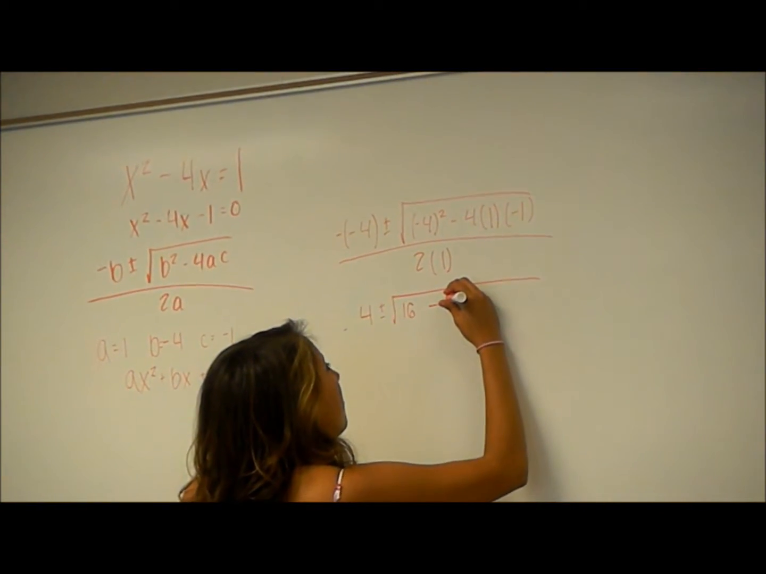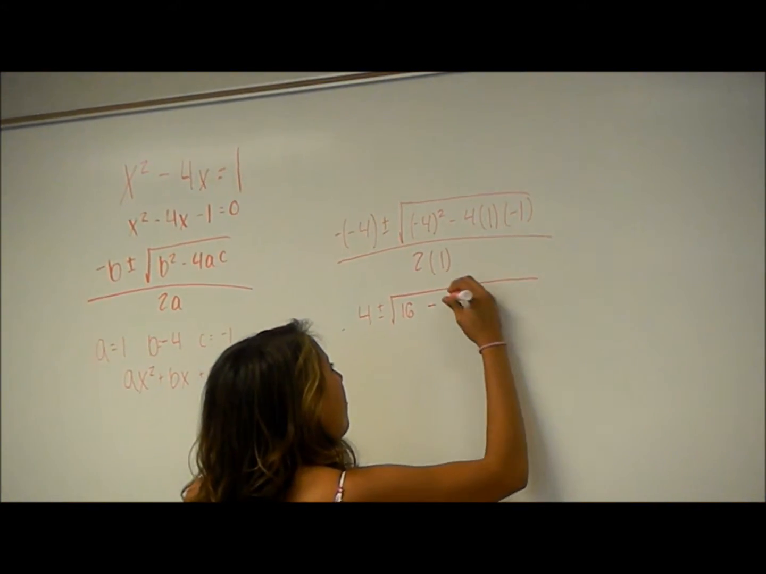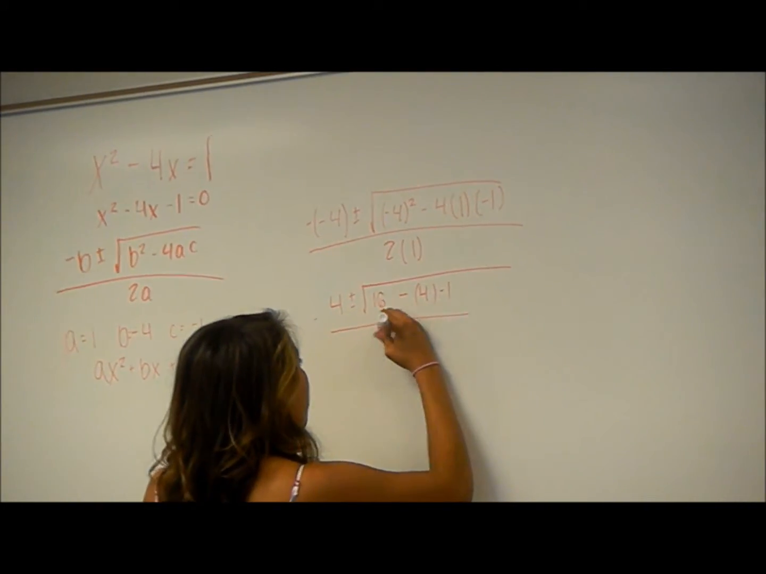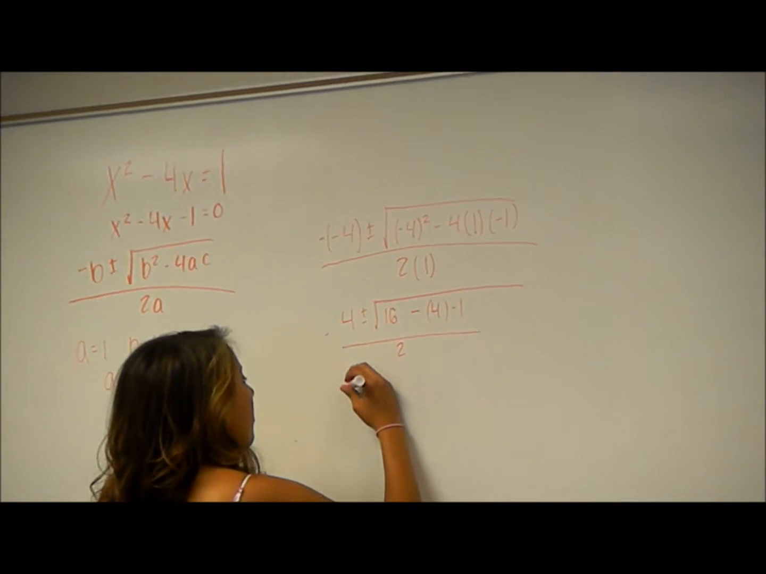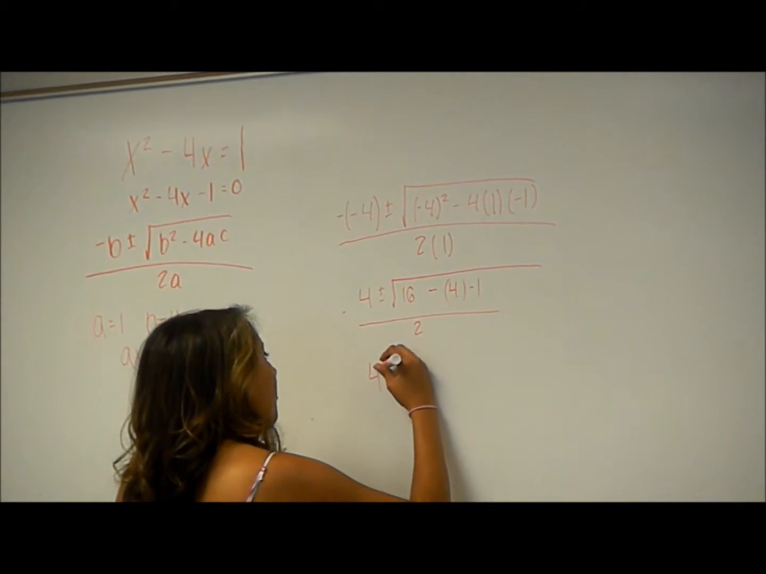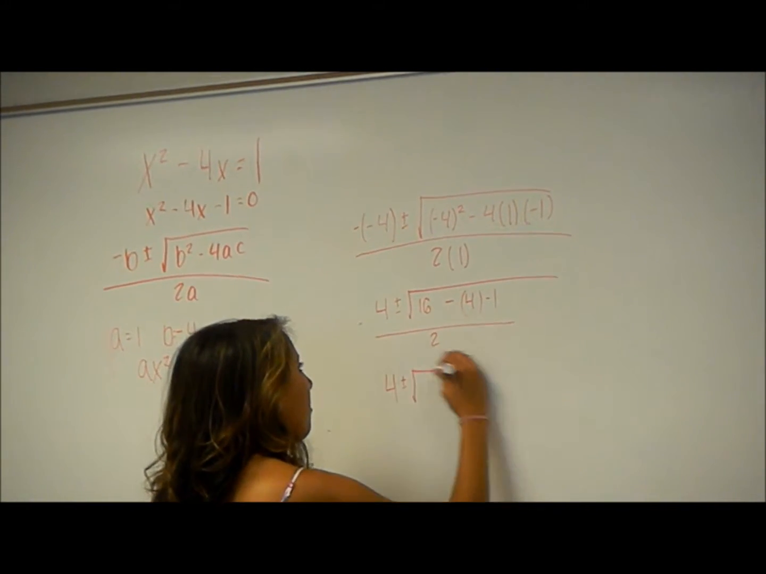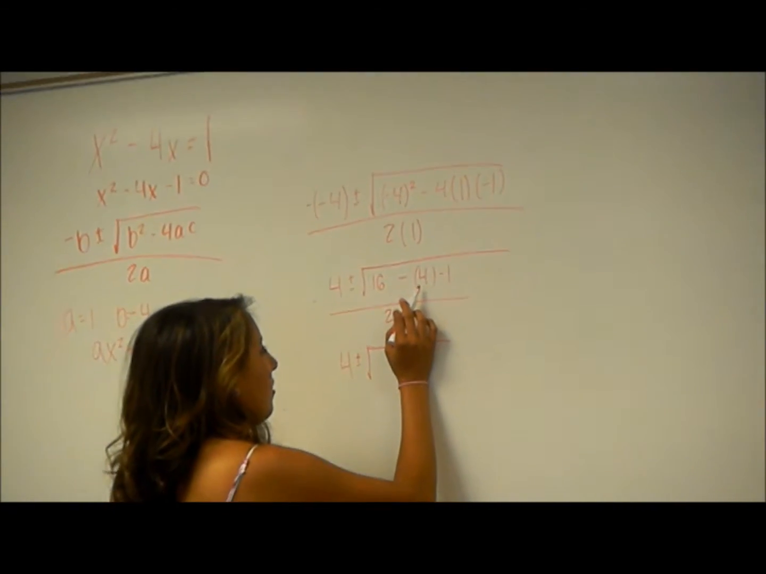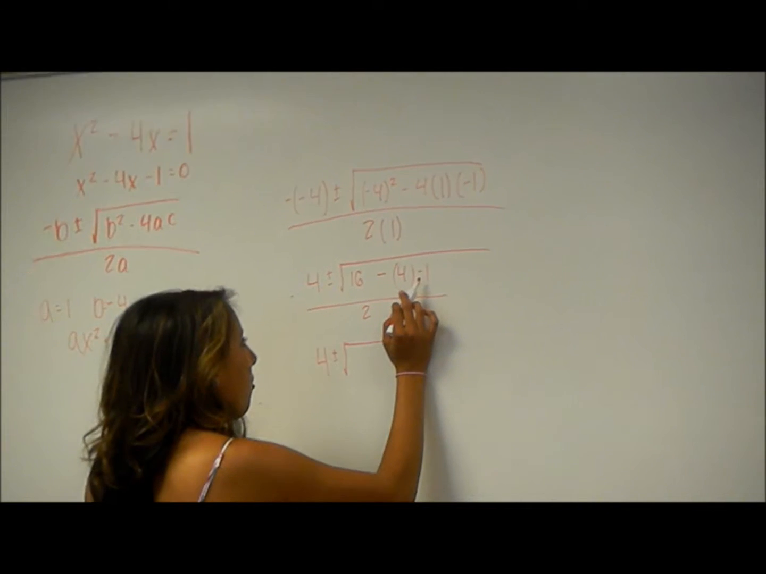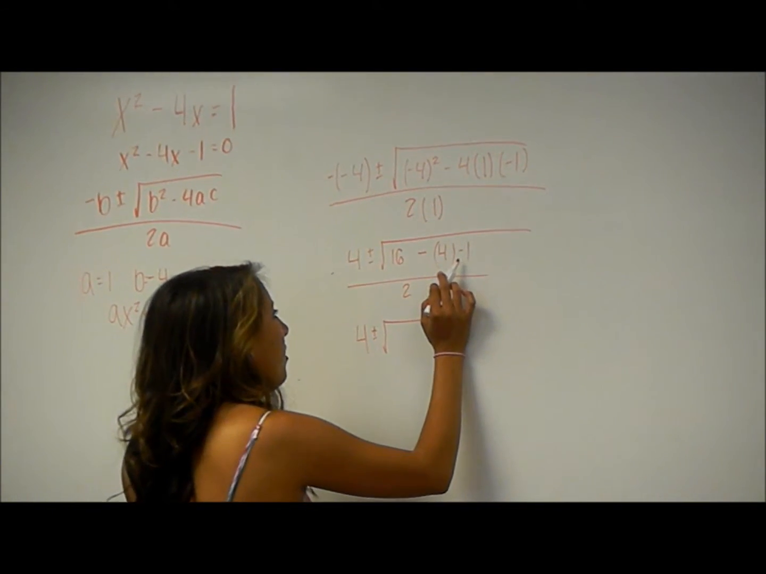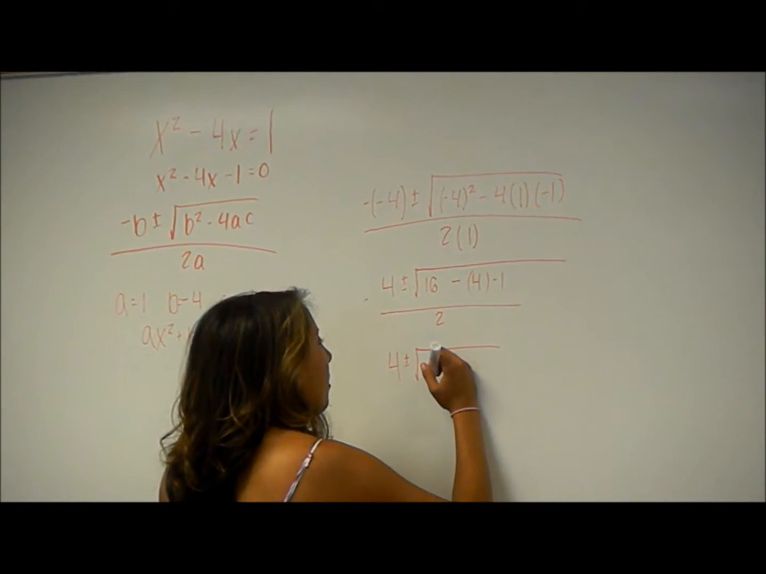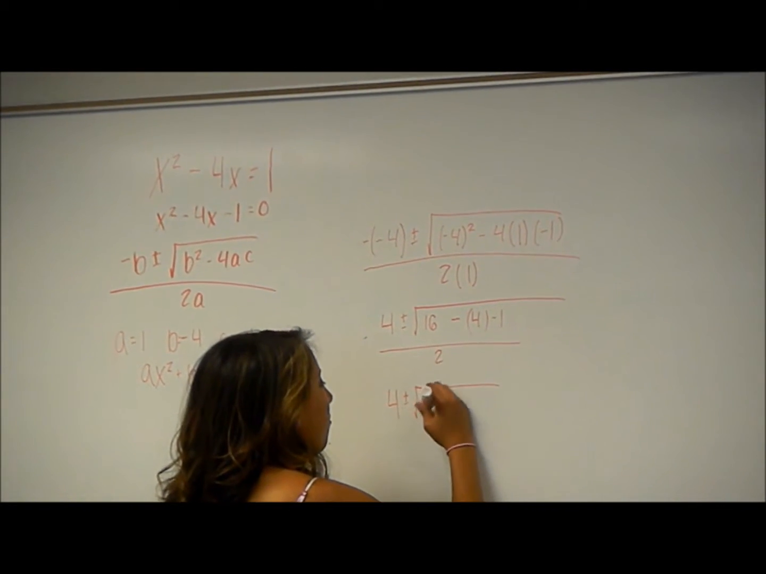minus 4 times negative 1 over 2 because 2 times 1 is 2. We can break this down further by saying 4 plus or minus the square root of 16 minus 4 times negative 1 will be essentially plus 4. So our value is going to be 16 plus 4, which is going to be the square root of 20